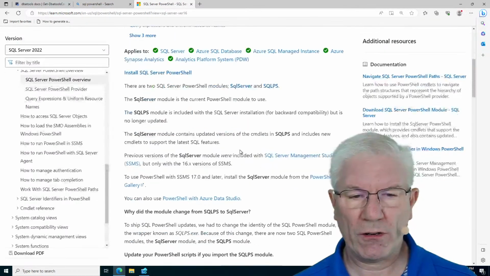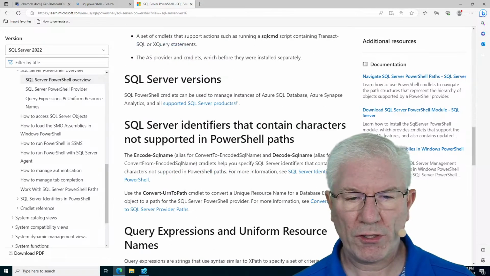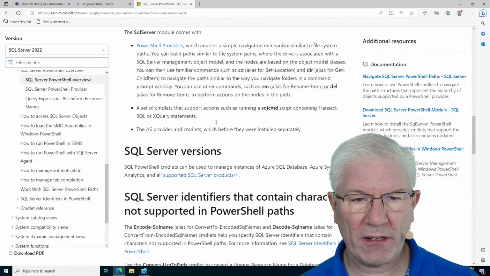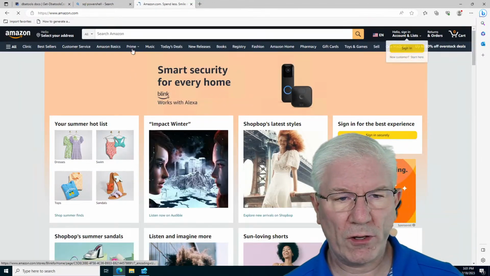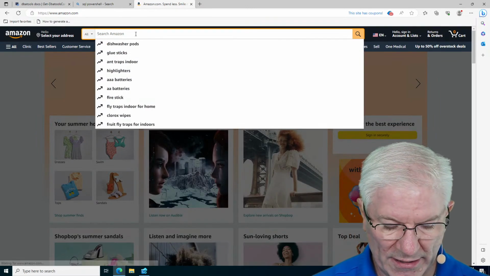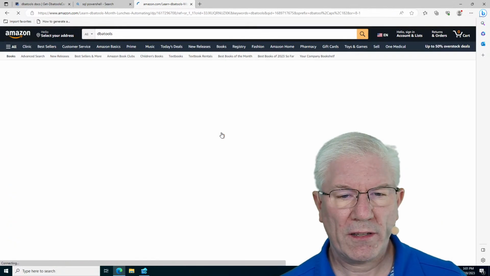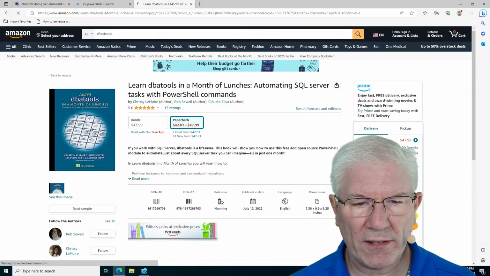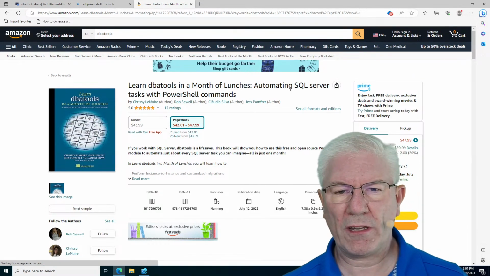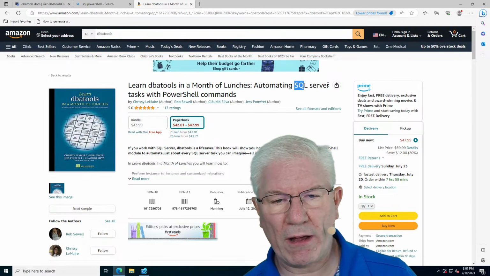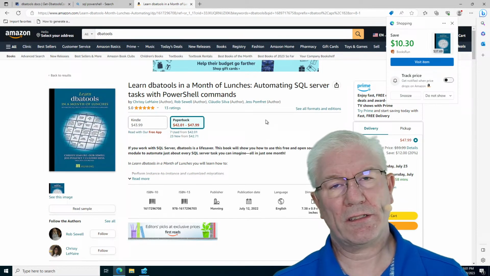The docs pages here will talk about different ways to install the SQL Server module. The biggest piece here is I wanted to go to Amazon.com and give you a shout out for DBATools. There is a book, not new necessarily, it's been out for a while, called Learn DBATools in a Month of Lunches. And that is all about SQL PowerShell. So SQL Server and PowerShell together. Windows PowerShell is awesome, but